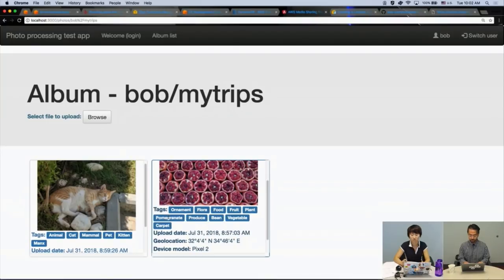You want to use machine learning to automatically tag what's in the image. You want to extract metadata, things like GPS coordinates or what device made the picture. All these things are part of the kind of backend workflow that typically happens when you have a photo sharing